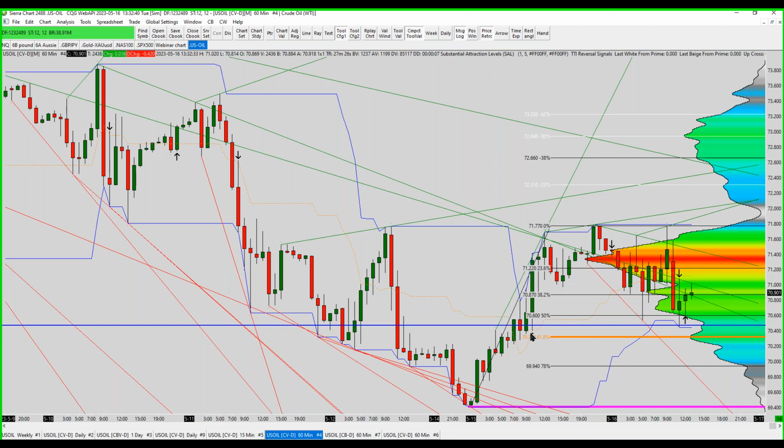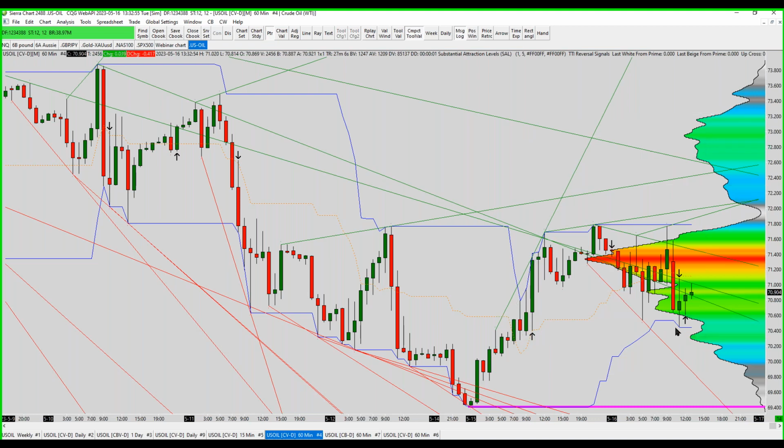Yeah, it was suitable. It's trying to poke the 50% Fibonacci. Let me remove these lines. You don't need those. So it's trying to poke the 50% Fibonacci and it bounced up. But this level, if I mark it with a, let me remove this Fibonacci. If I mark it with a blue line